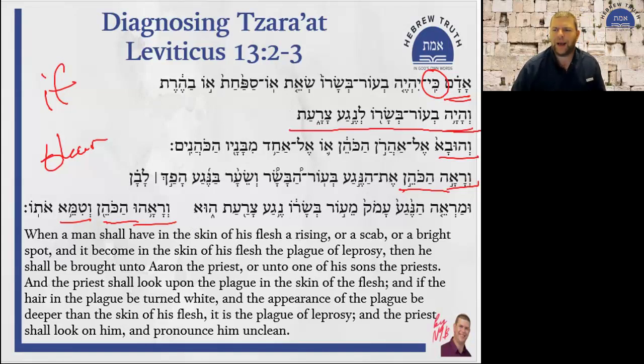Nega tzara'at hu. Okay, we have a copula. It is a nega tzara'at hu. Note that here we don't have a verbal sentence. It's a nominal sentence with the word hu serving as a copula. In English, we have to have "is," but in Hebrew, we don't have to have the word "is" in this context, in a nominal